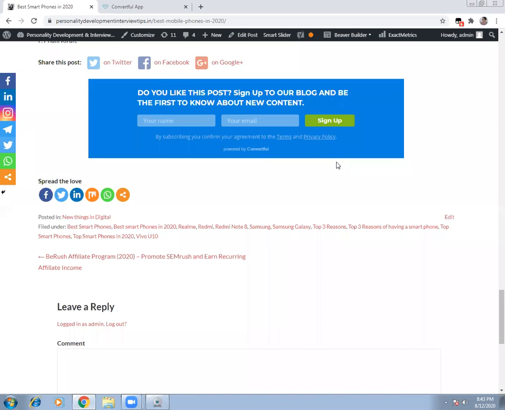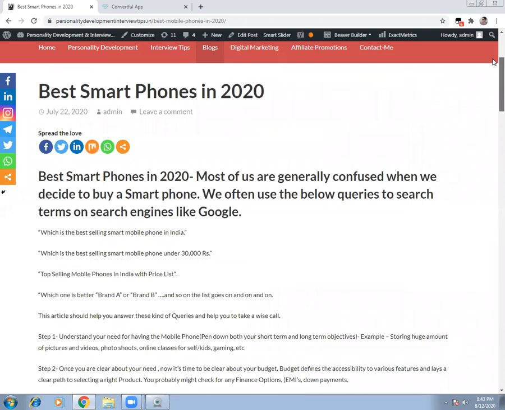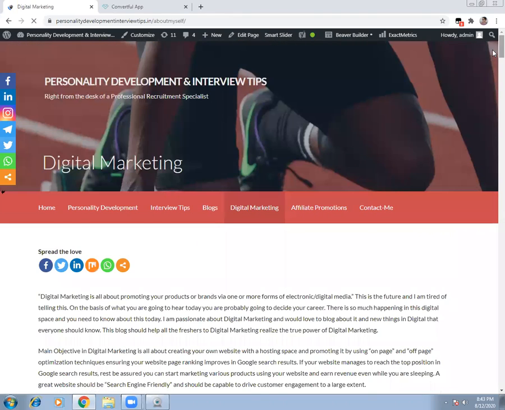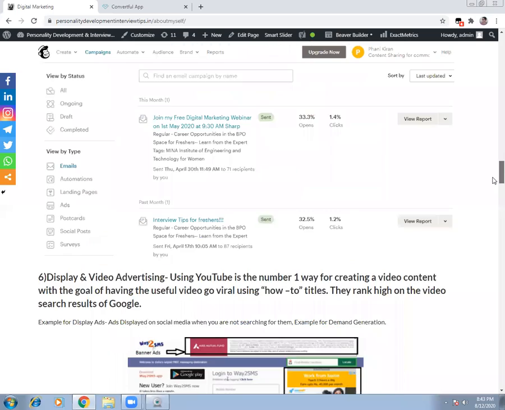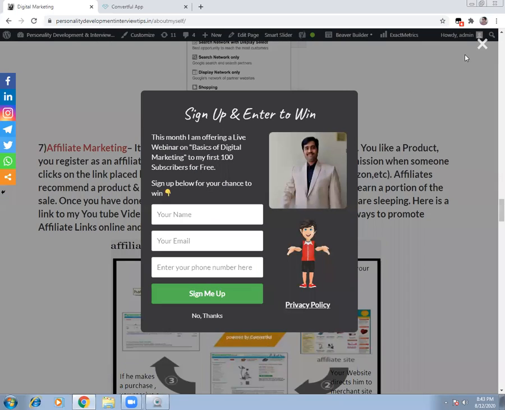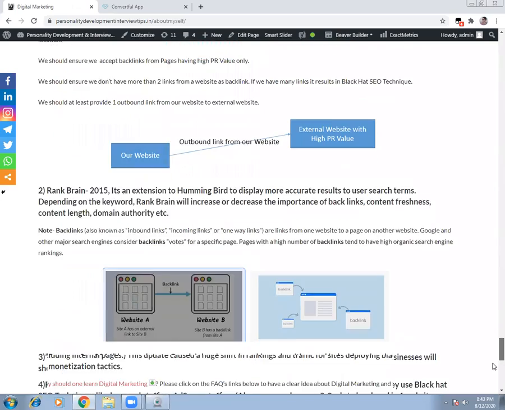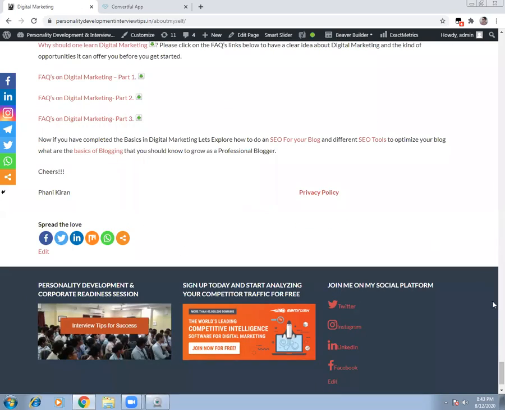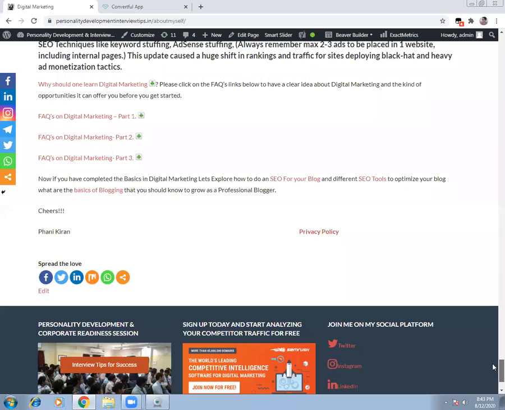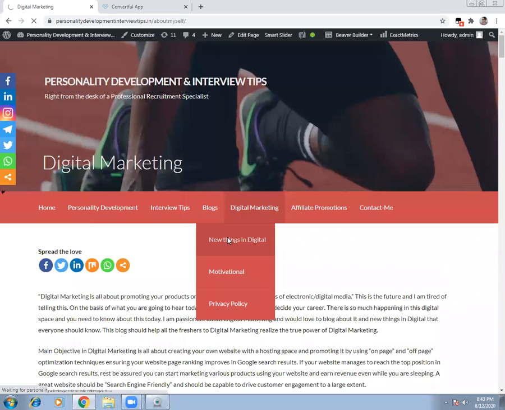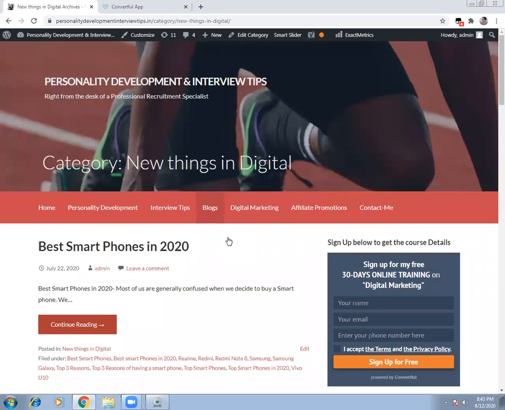Now, there are very few chances that people will subscribe here because they have already subscribed. When they're visiting any of my pages, this pop-up bar is already capturing that data. When I actually move anywhere, this pop-up will come and it will capture the data of the interested people even before they can go down and start giving their details after reading a blog post. This is a page. These are all pages. But I actually put that in the posts. So for any of the posts, they need not go till the end. In between itself, this is capturing.